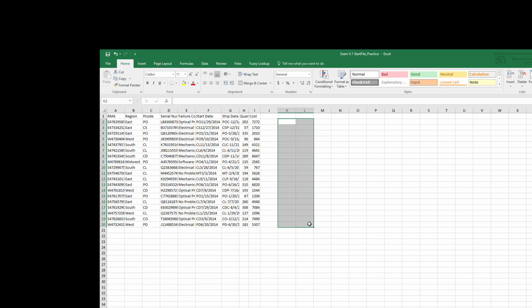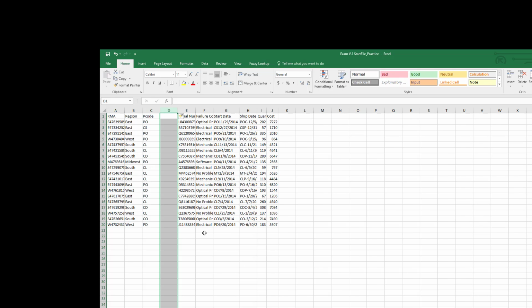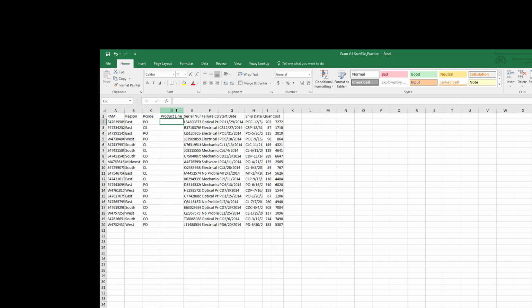Next, it tells me to add a column to the left of the serial number. All right, add a column to the left of the serial number. Insert. And I want to label this product line. All right, so product line. Enter. And use the two-letter code in the P code column in a VLOOKUP to return the product line from the products